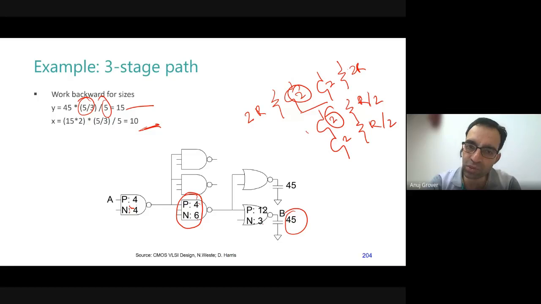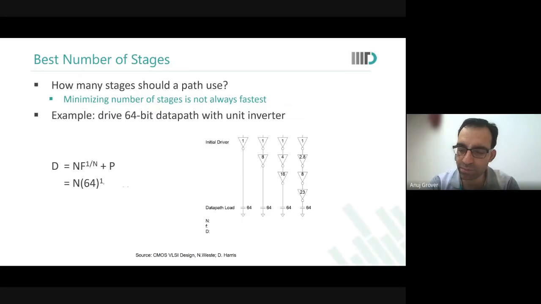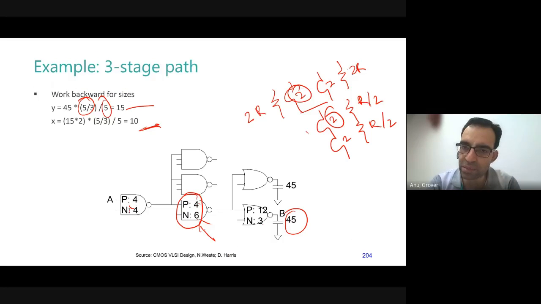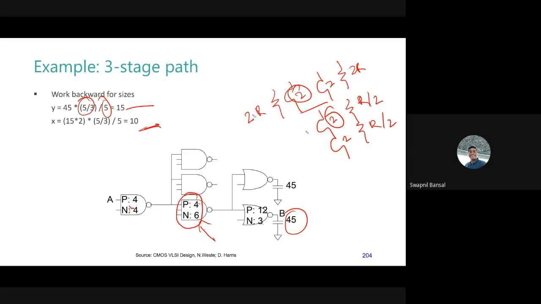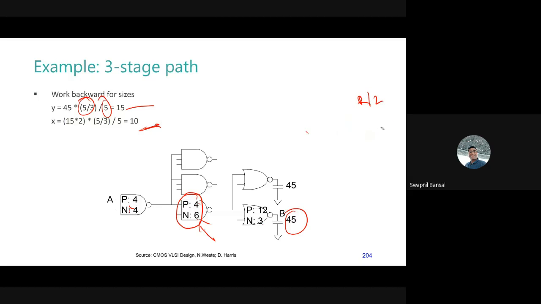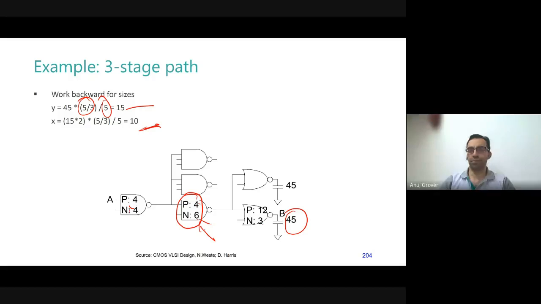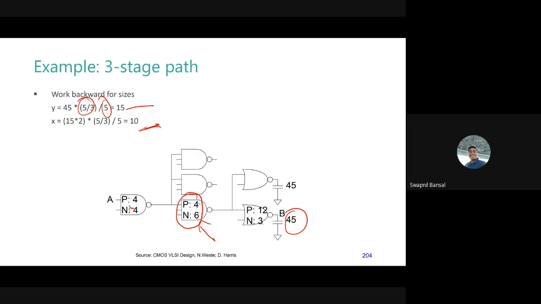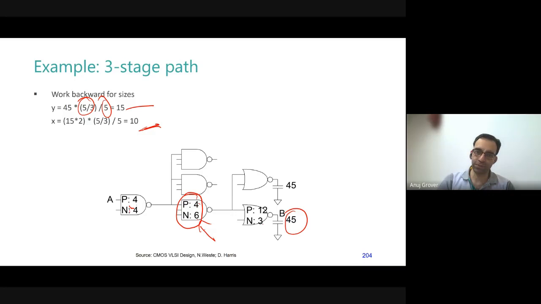Similarly, you go ahead and do the sizing for the 3 input NAND gate, and similarly for the 4 input, and for the 2 input NOR gate. So we maintain the ratio and the total amount at the same time. Yes, so the sum is 10 and the ratio is maintained, because you know G. Sir, there we calculated the electrical effort of 15 and 10, and accordingly I am giving the PMOS and NMOS as 12 and 3, with input 15.